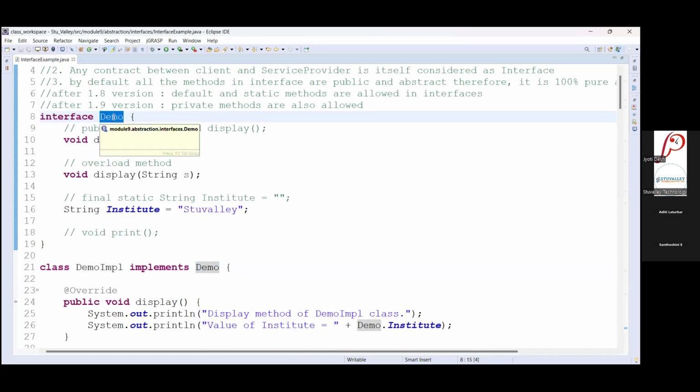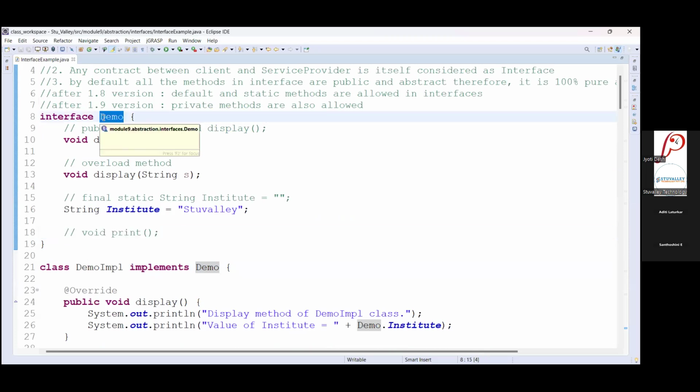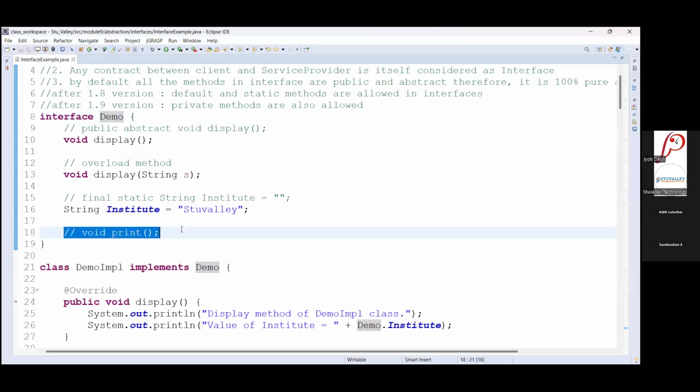If you add any functionality into this interface, like this method I have added, you now have to give implementation in all 50 classes, because 50 classes implement this demo interface. That means you need to provide the print method implementation in all 50 classes, right? Suppose you thought you will write some methods today, some methods tomorrow.